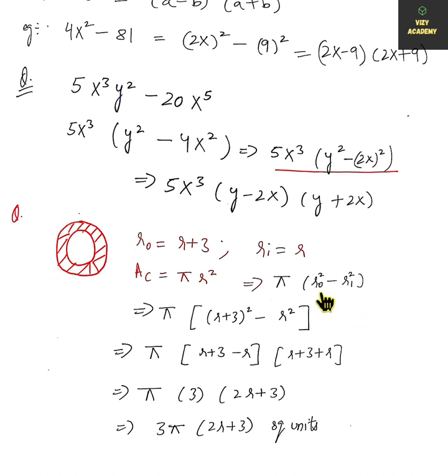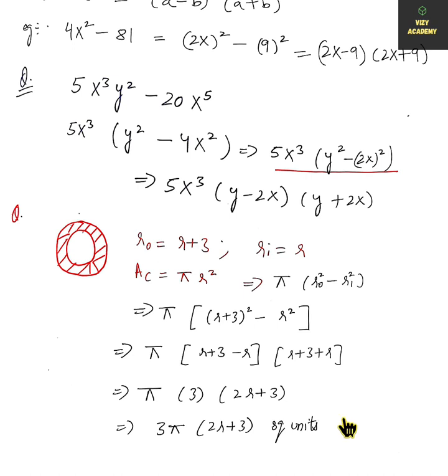So applying difference of squares in this bracket, r outer is equal to r + 3, r inner is equal to r. So it will be π(r + 3 − r)(r + 3 + r), because this is in the form of a² − b², so (a − b)(a + b). On simplifying, the r and r will cancel out here and this will become 2r + 3. So the final answer will be π times 3(2r + 3), or 3π(2r + 3)